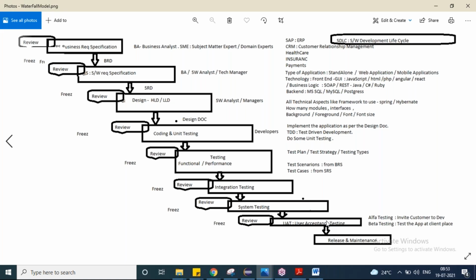So we have a stage called the user acceptance testing stage. In that, first we will conduct alpha. We will invite the customer to our place and demonstrate the application as per the business requirement specification that he has given. Sir, this is what you required, this is what you requested, and this is what we implemented. See, I'm logging in with a valid username and password. I'm logging in with the mobile number and OTP. I'm logging in with the Facebook account. I'm logging in with the Google account. Is it happening or not? Please check and tell me.